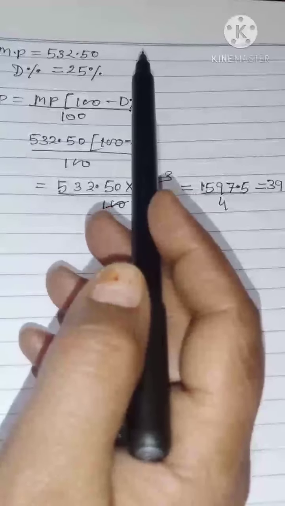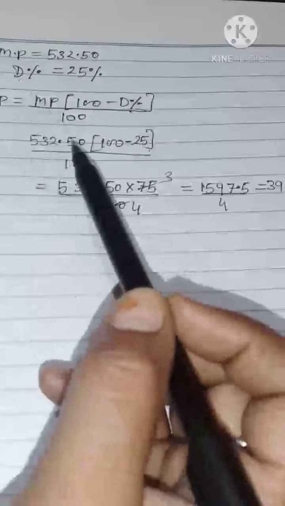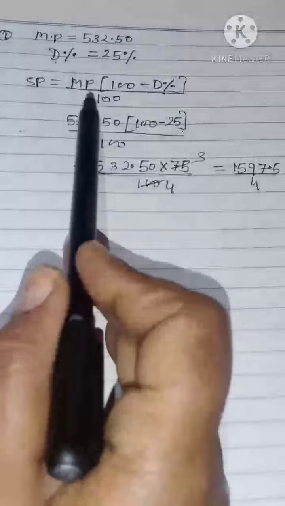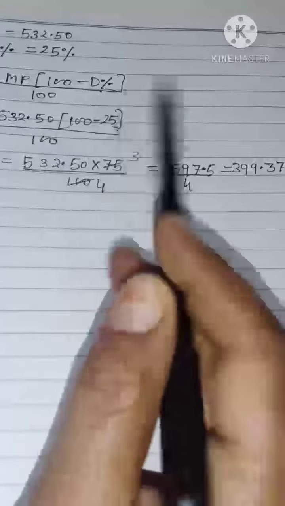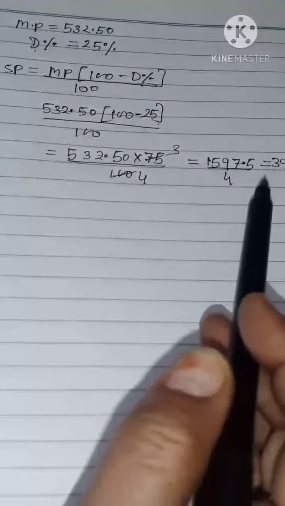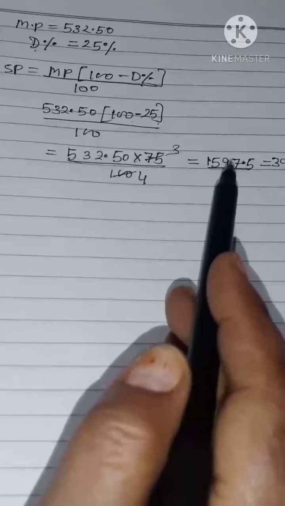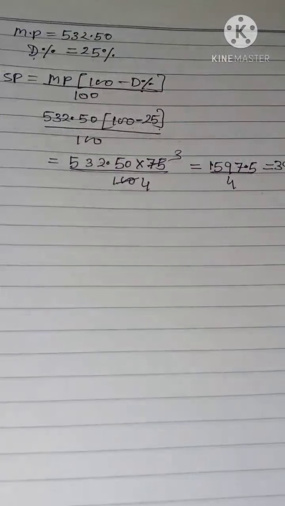In each part of the question, discount percent is given to you and the marked price will be different. So you will apply the formula. There are 6 parts of the question, and you will apply the same formula as I have applied: selling price is equal to marked price into 100 minus discount percent upon 100. After putting the values in the formula you will reach the answer. So in this way, you will complete the rest of the parts of question number 1 yourself. Now I am proceeding to question number 2.